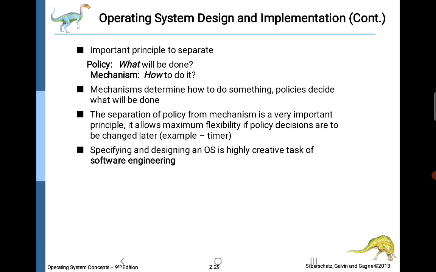That will restrict your design, and most probably will cause you to have poor solutions for your problems. A policy will tell you what needs to be done, while the mechanism is a way of doing this. It will tell you how this is done, and a single policy can be implemented using different mechanisms. So never tie them together.